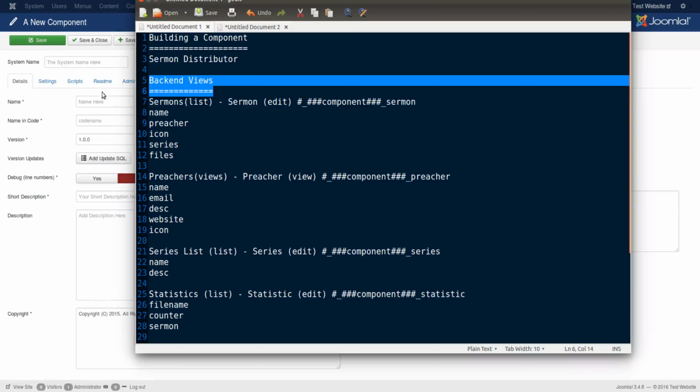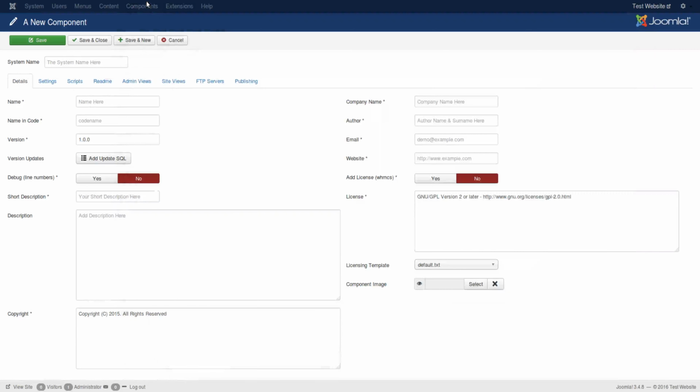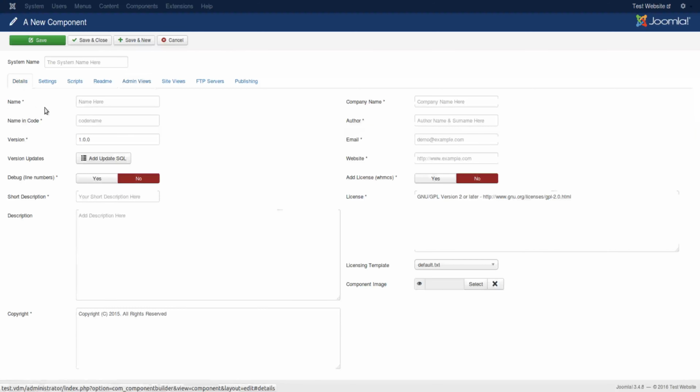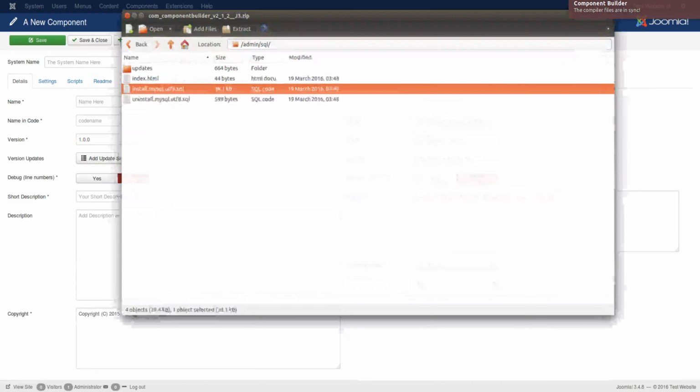I mean, after having created the component, you can click here on admin views, which is the first thing you need to create, and click new and create an admin view. But again, even there, just like with the component, you would only be able to set the bare bone information and not all the more needed nitty-gritty complex information, if I could say it so. And that's why I